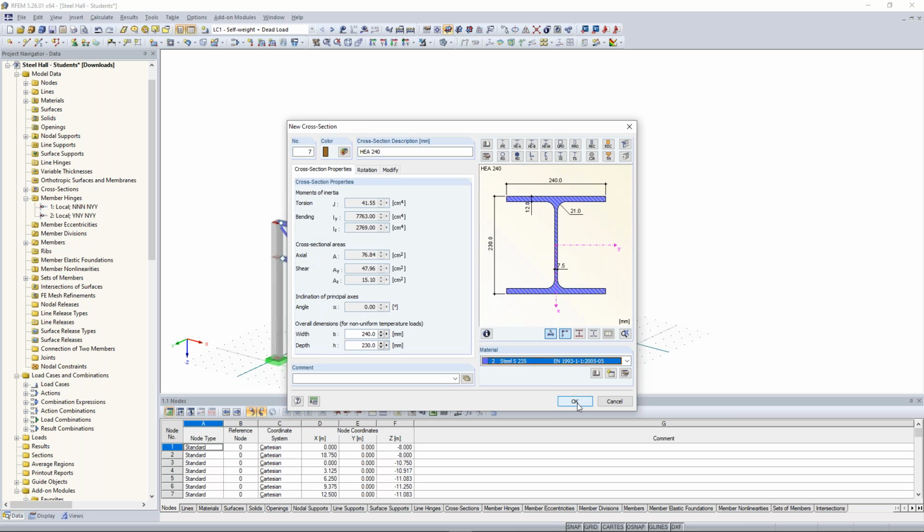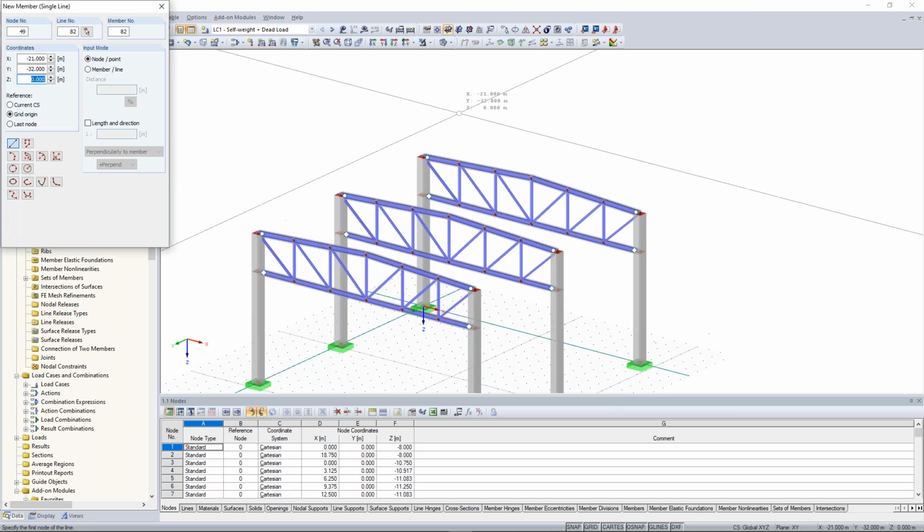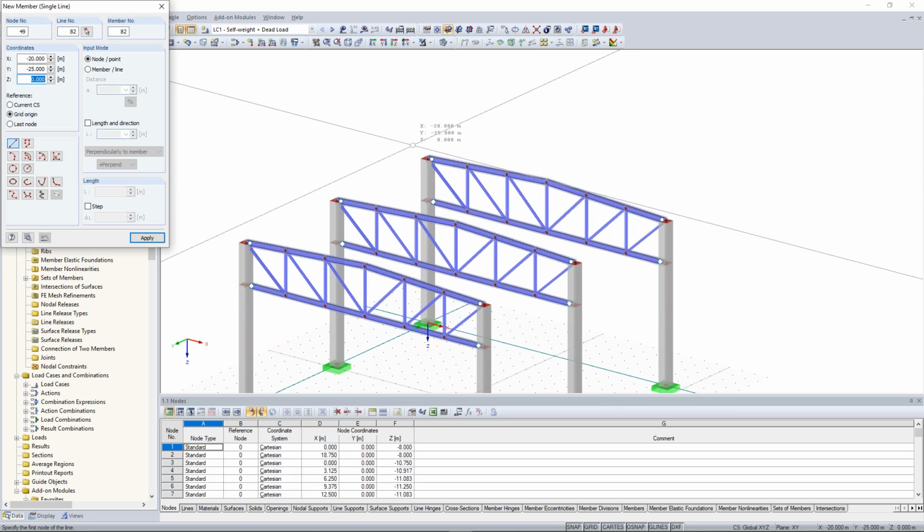Steel, of course. And member hinge, both member moment hinges on both ends. So I will create them once here,